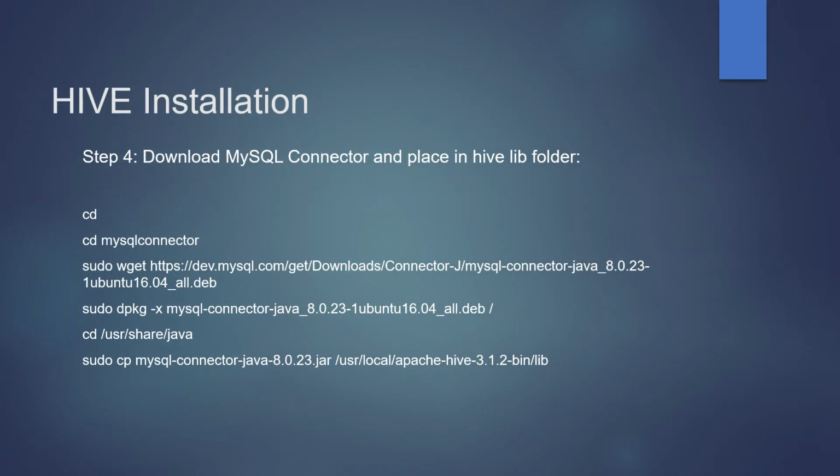Step 4. We need to download MySQL connector and place it in Hive library folder. By executing command cd, we will be moving to home directory. In home directory, we have created MySQL folder already. So we are switching to that folder. After switching to that MySQL connector folder, we are downloading the MySQL connector from the repository